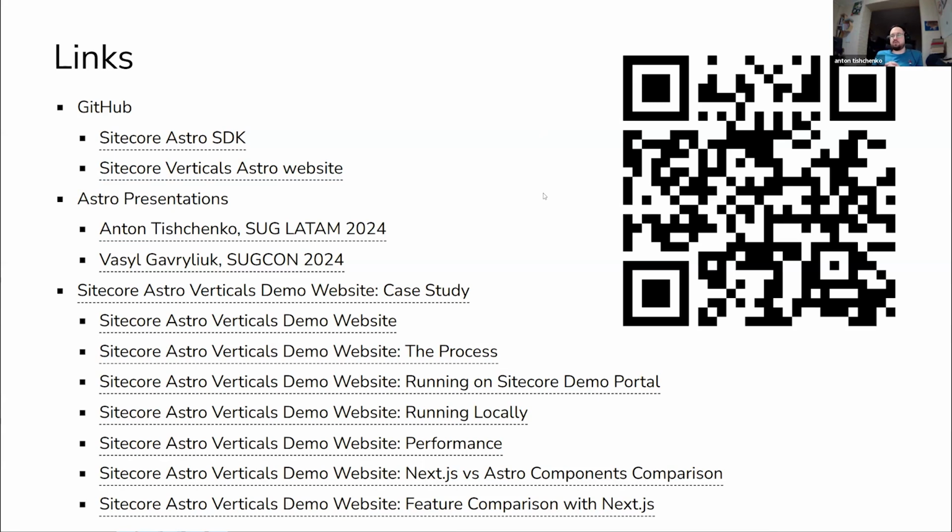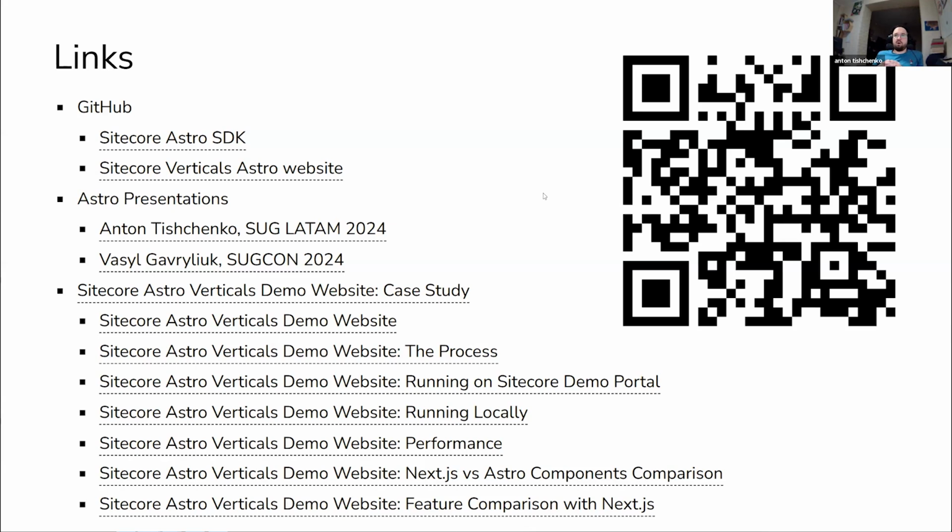Currently we are looking into it, and probably we will migrate it to the Content SDK as well, because Content SDK also contains a main library that is universal for any framework, and additional libraries for Next.js and React. With Astro SDK, we do not heavily rely on Sitecore GSS. We use it only